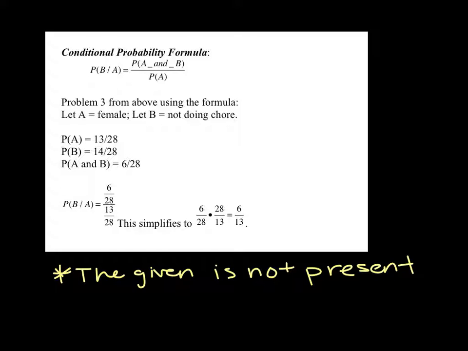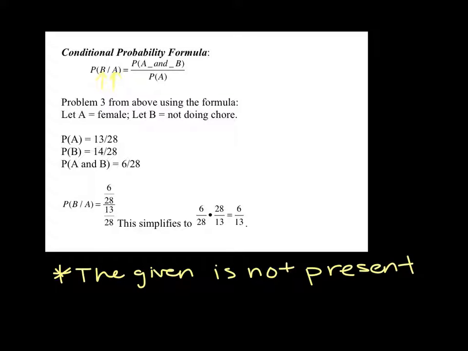So the probability of B given A is the probability of both of your events, A and B, divided by the probability of the first event that you're trying to find, A. So it goes through problem 3, which we did using the chart. But if you're trying to find the probability that they did not do a chore given that they were a female,